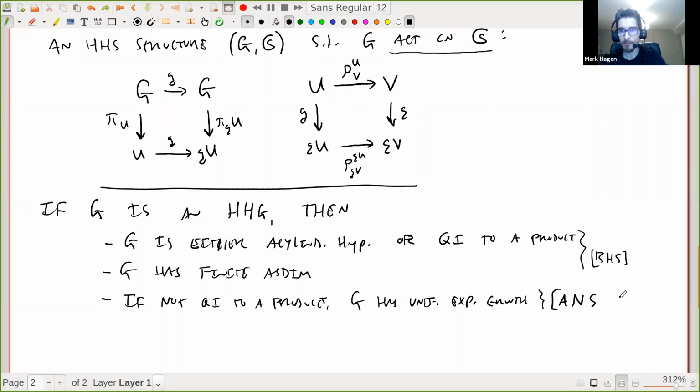from 2019. Uniform exponential growth in this case means that there's a uniform constant so that for any finite generating set of G, there's two elements of at most that length that generate a free subgroup. So it's like a strong version of the Tits alternative,